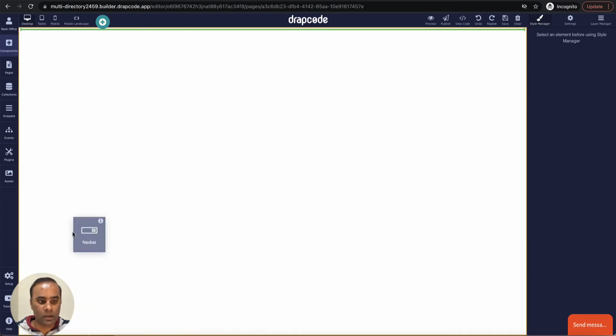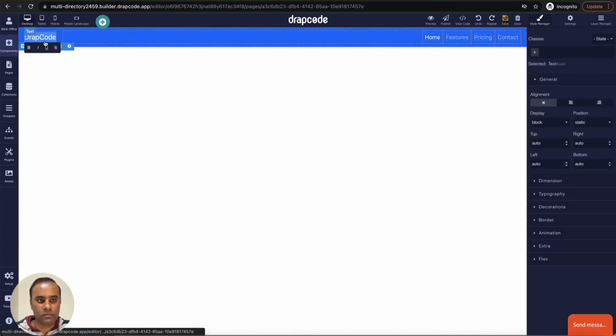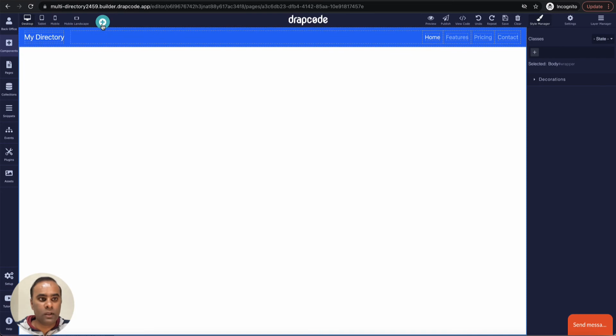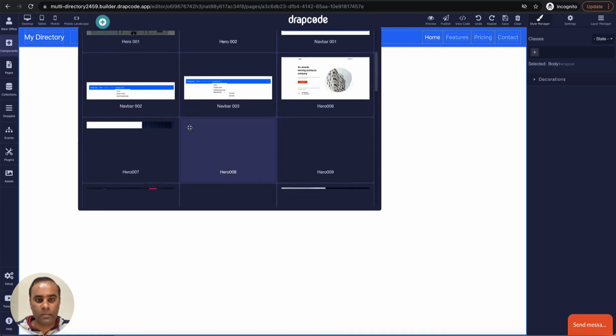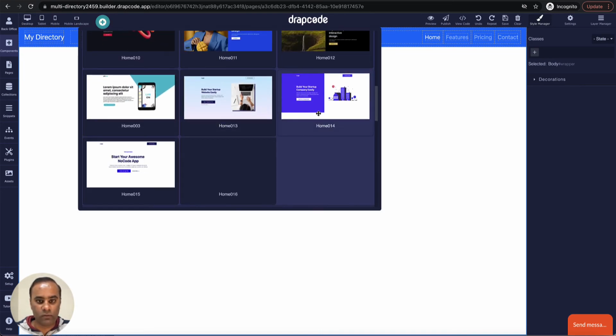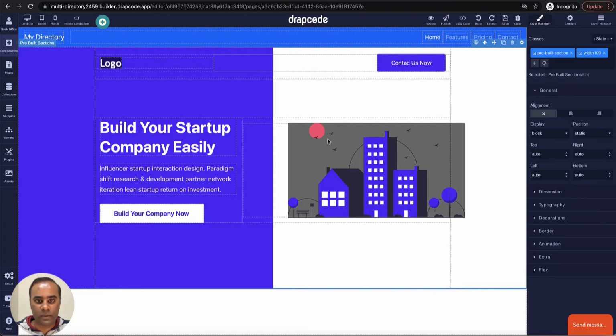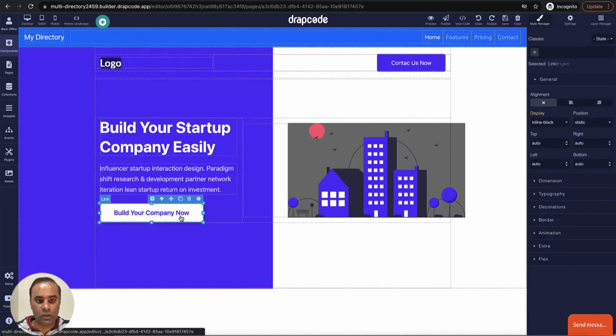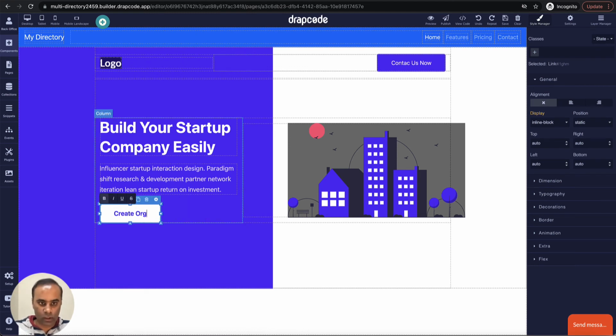I'll drop a header or a navbar. Okay, just default navbar. Then maybe put some pre-built layout so that we don't have to design. Okay, let's drop this. This looks good. So instead of build your company, let's change it to create organization.